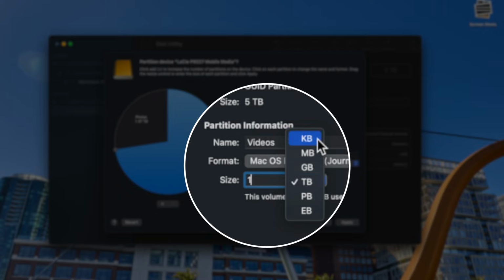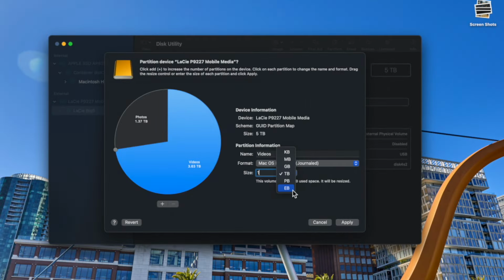And you can also change it from kilobytes to megabytes to gigabytes to terabytes to petabytes and EB, what is that? EB, I don't know. That's a lot of storage. That's all I know. I can't afford anything more than a terabyte. So if you know what those are, I could Google it, but if someone knows it, throw in the comments below. That's above my pay grade, I guess.